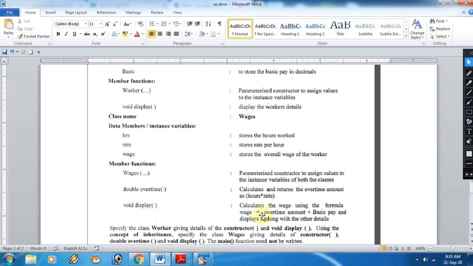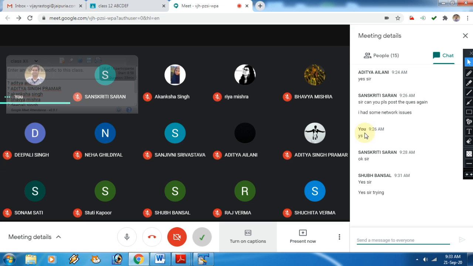Yes. Okay. Rest is fine, beta. Very good. And the display method you have not mentioned in the subclass. That is also very important. That display method belongs to 2 marks only. So if you are not doing it, you are missing 2 marks if the question is coming of 10 marks.